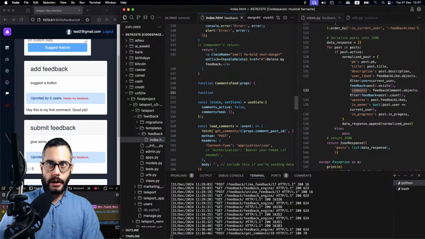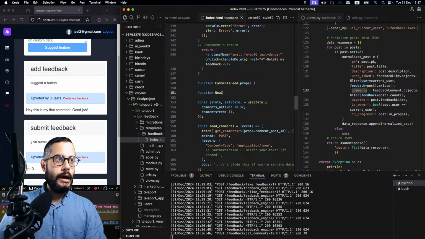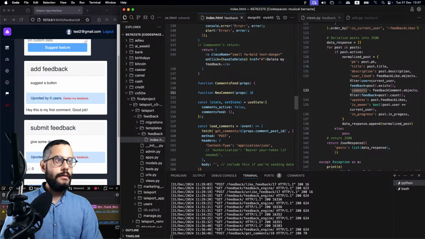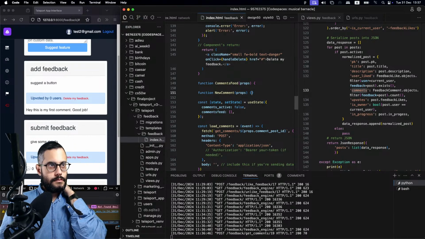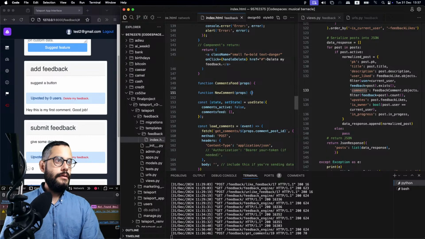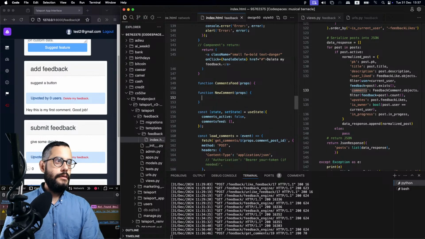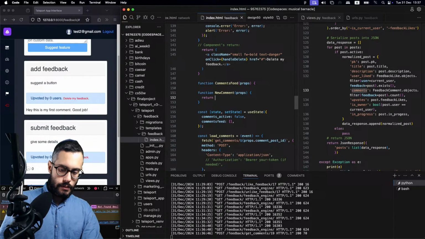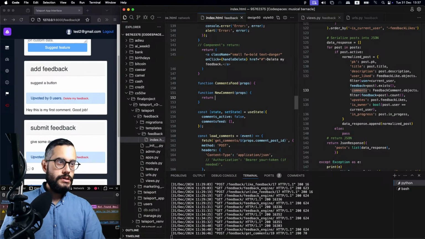Function, we're going to call that NewComment, and we'll say that it takes some props. Let's just do it like that. And for now, we'll just use it to return